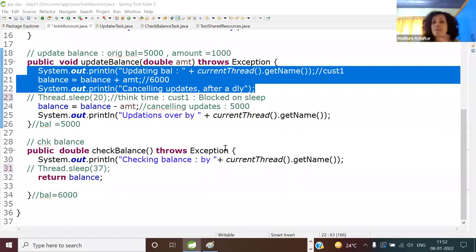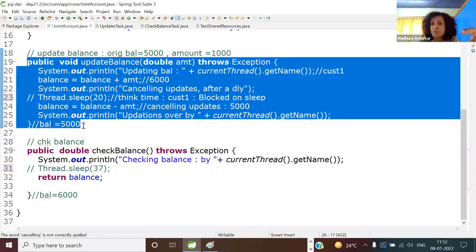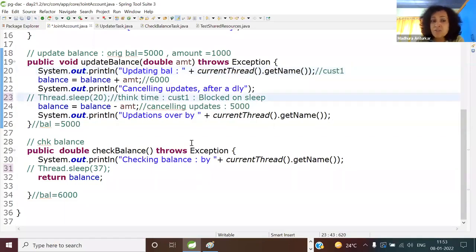So one thread, customer one, is swapped out. Customer two's thread is swapped in by the scheduler, because you can't control a scheduler, right? And you have not told the scheduler that this piece of code has to run as a single atomic instruction. So of course the scheduler goes its own way, correct? Now this is like a transaction. A transaction consists of multiple steps, like update and withdraw, right? So the point is, in the middle of the transaction,